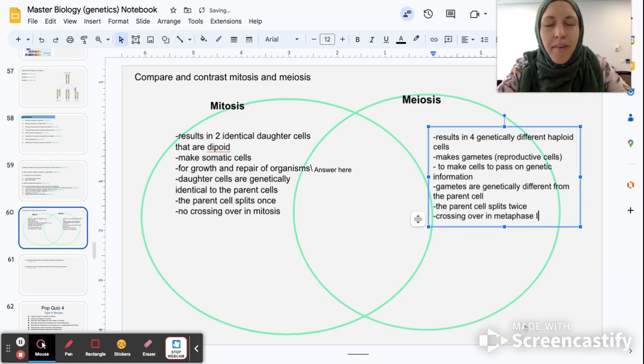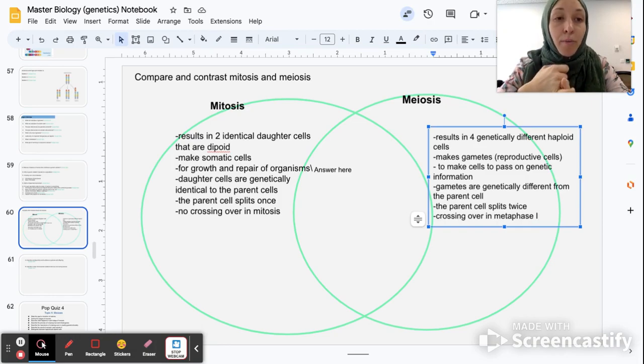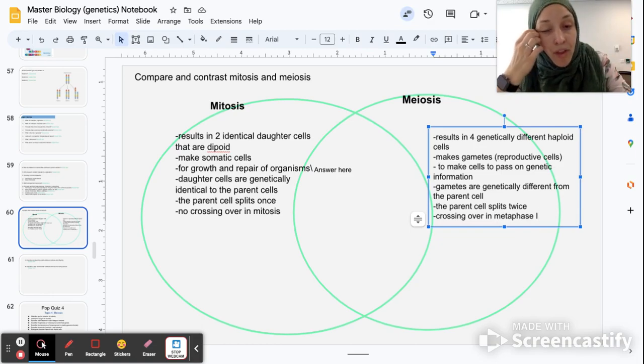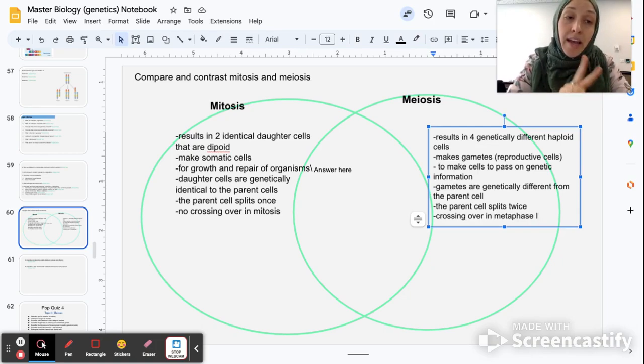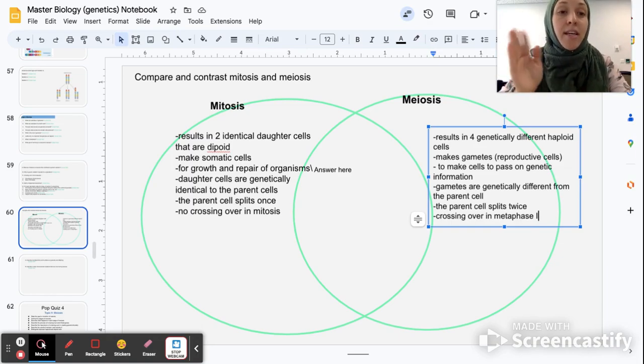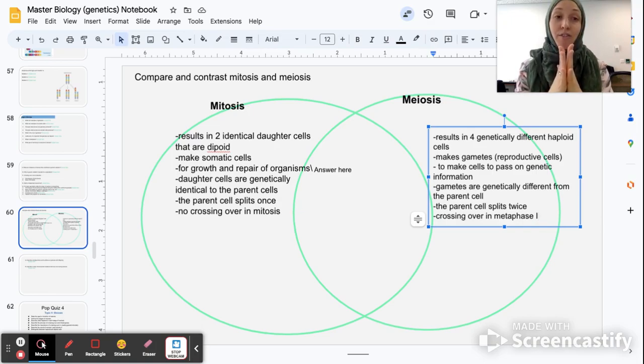All right. I'm going to say some similarities. They both involve the splitting of cells. They both involve the aligning of chromosomes at the metaphase plate and the splitting of sister chromatids. In mitosis, the splitting of sister chromatids occurs in anaphase, whereas in meiosis, the splitting of sister chromatids occurs in meiosis 2 or anaphase 2. It is slightly different, though, because in mitosis, those sister chromatids are identical. In meiosis, those sister chromatids are not identical because of crossing over. And yeah, I think